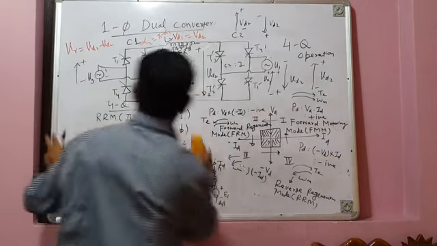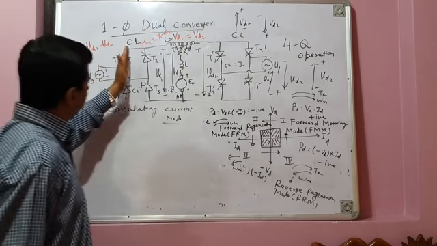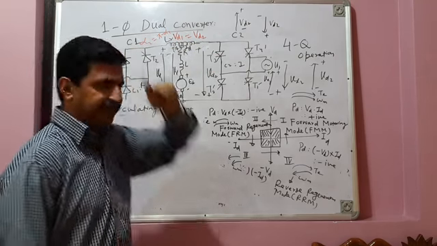This is circulating current mode. Another mode of operation of dual converter is non-circulating current mode. Let me quickly discuss with you non-circulating current mode. In non-circulating current mode, there is no circulation current between the two converters. And that is possible only if only one converter at a time is operative, another converter is not operating. So either converter 1 is on or converter C2 is on. Either C1 is on or C2 is on.